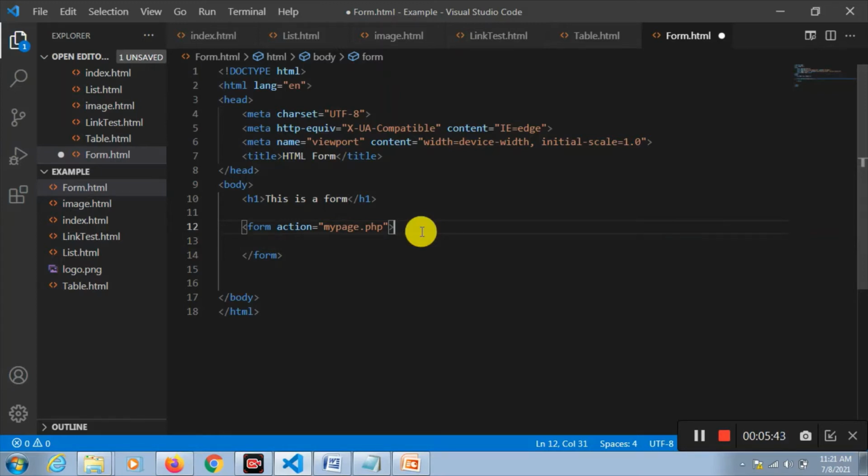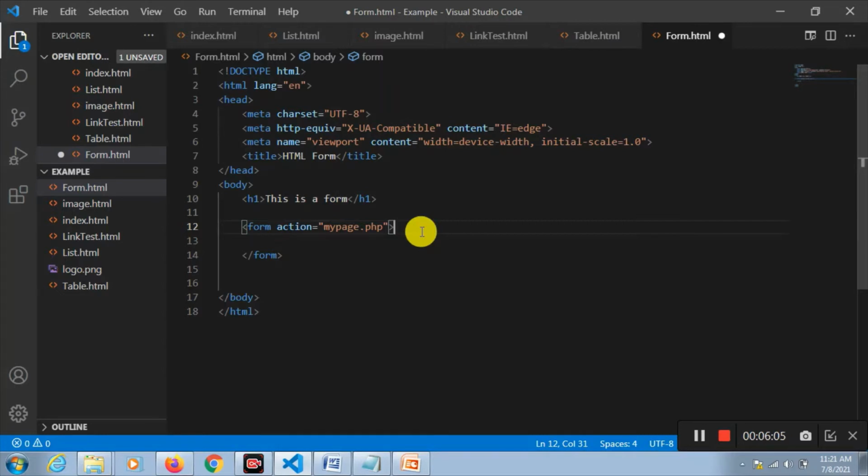But right now we will just understand how to accept data from the user in the form controls.